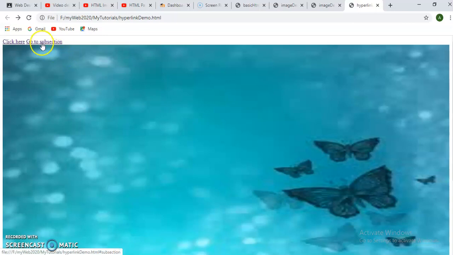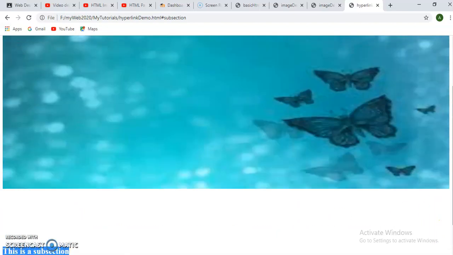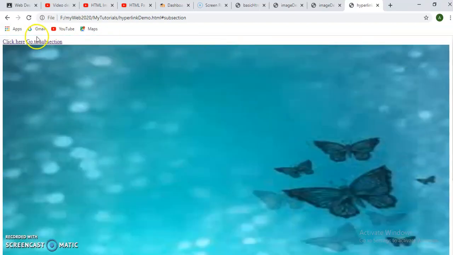When I click on this "go to subsection", I go to the subsection of the same page. So I jump to the subsection by using hyperlinking within the same page. You can use the hyperlink concept as per your requirement.